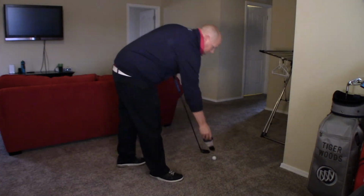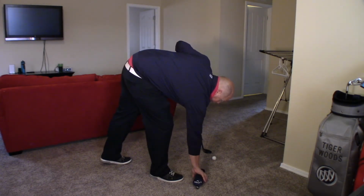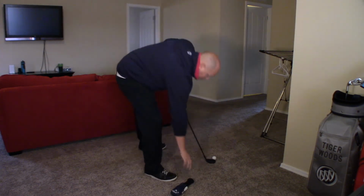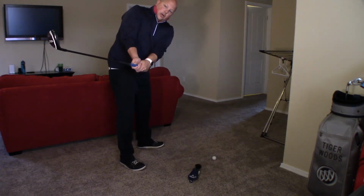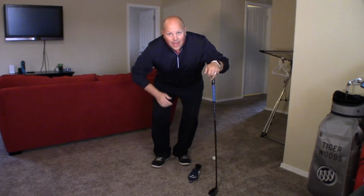What you guys can do is you can take your head cover, you can put it down on the ground where you want the path to go. So you can put it back here, and so here's my line, and basically what I don't want to do is pull my club and then hit the head cover. So we have it lined up here, and then what we want to do is we want to pull it more back and then turn and let that hand naturally rotate up,